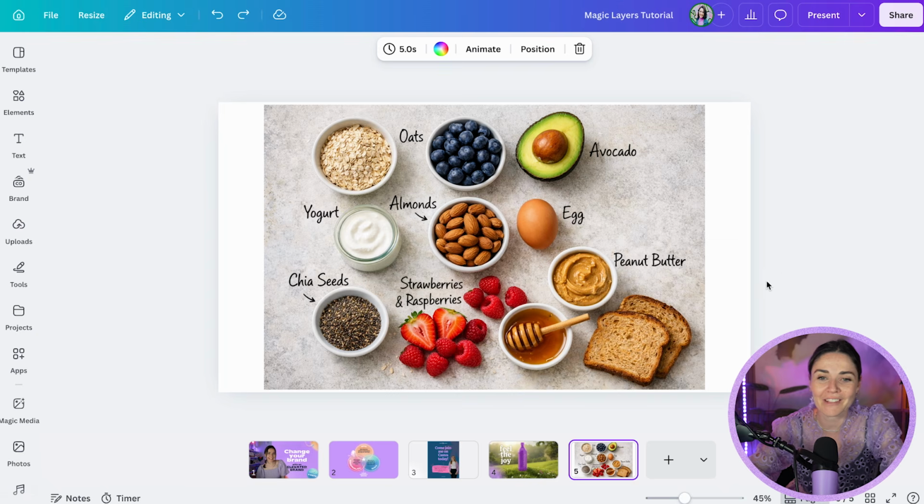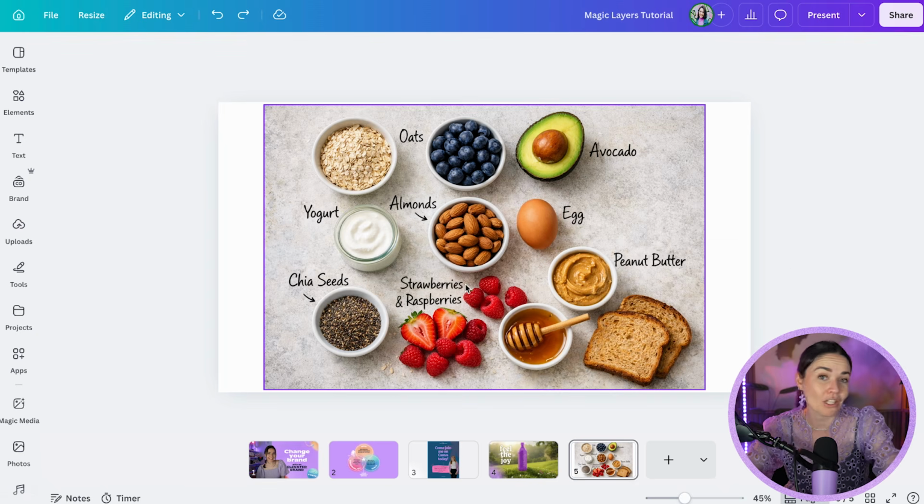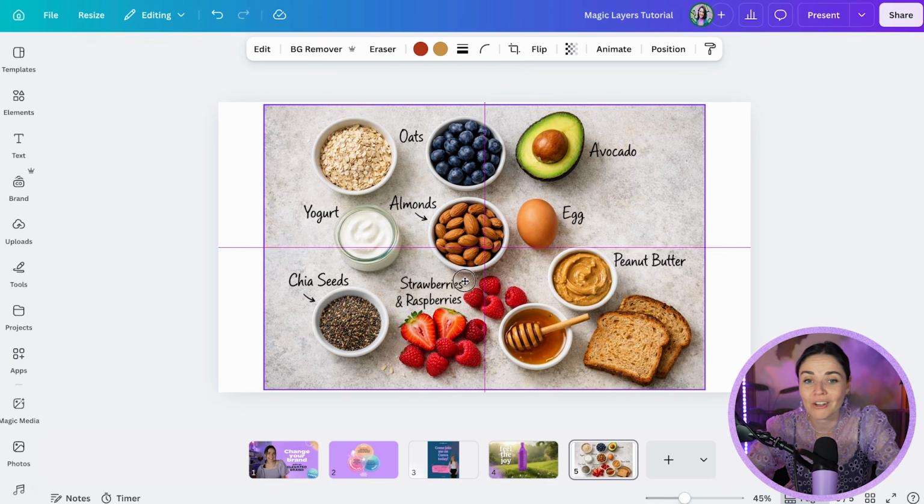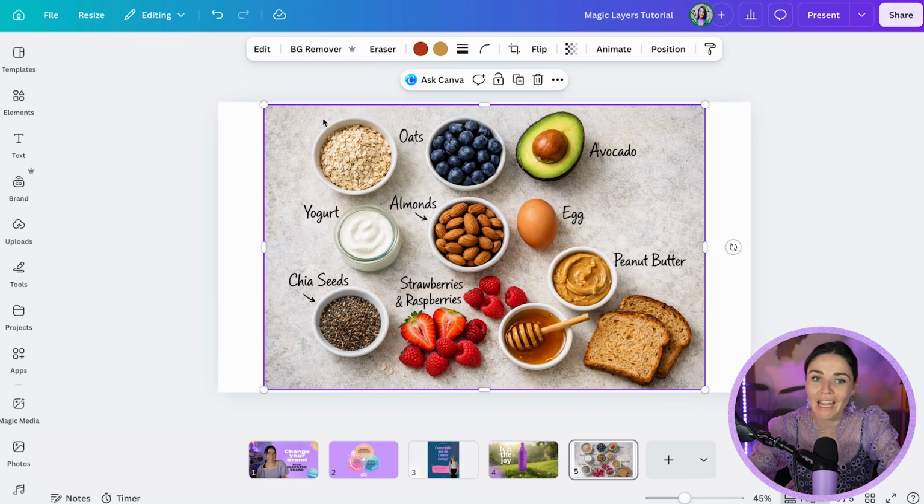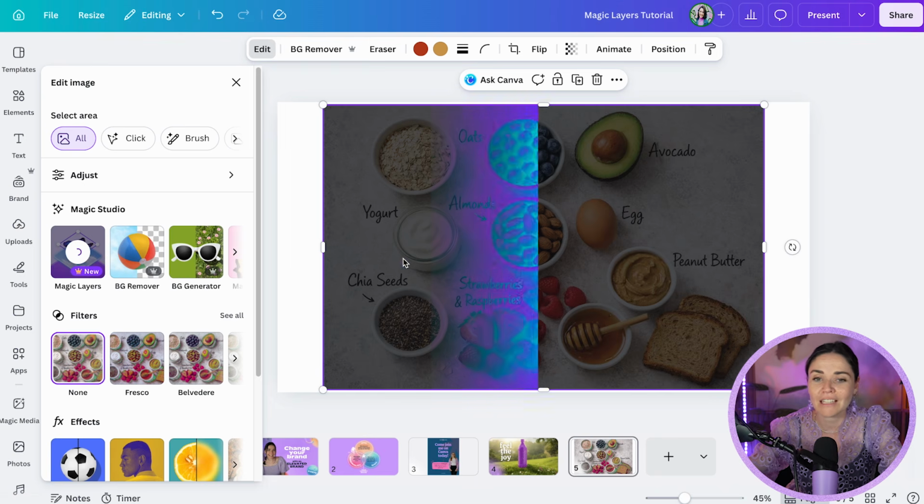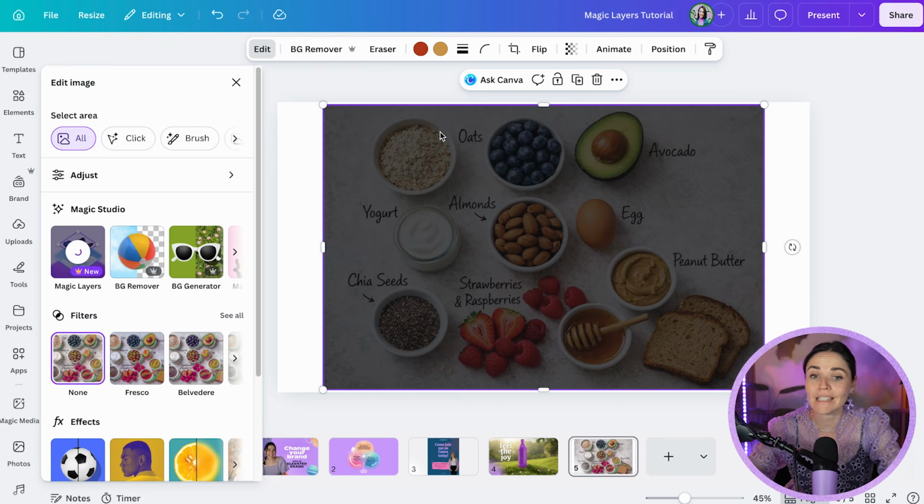Another example: I was actually on a call with one of my students today, and she had made a flat lay image of a recipe, but she couldn't edit it. So I generated an image just using ChatGPT. I said, make me a flat lay image of ingredients for a healthy breakfast and write the ingredient name next to it. This is great, but again, I can't edit it. So I've loaded this into Canva, pressed edit, used magic layers,